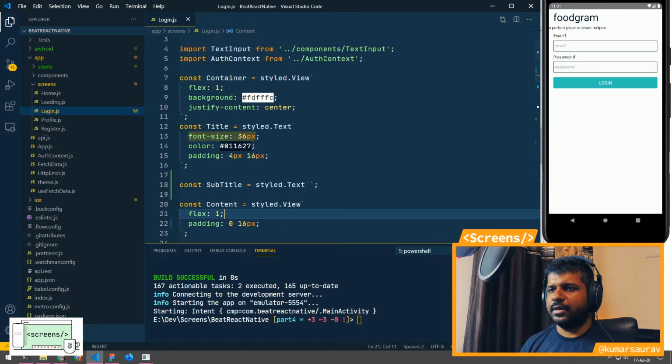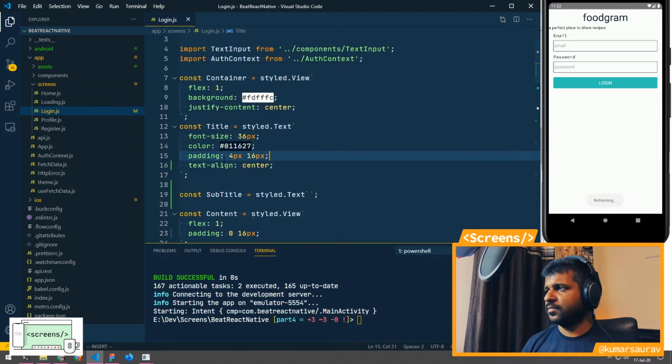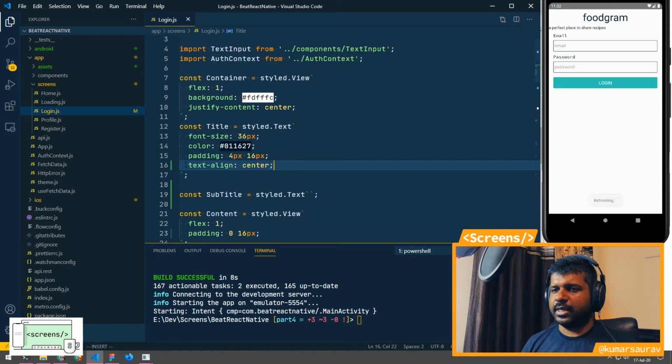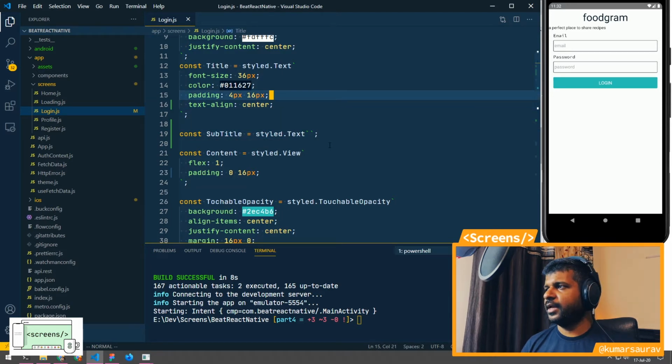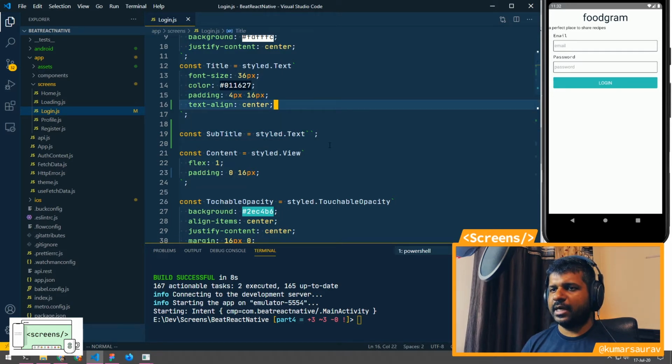Then for the title, we need to add text align center. And then we'll add a margin on top.